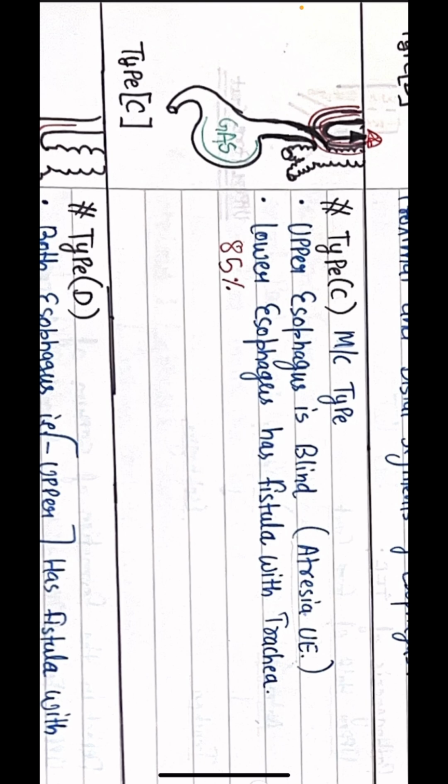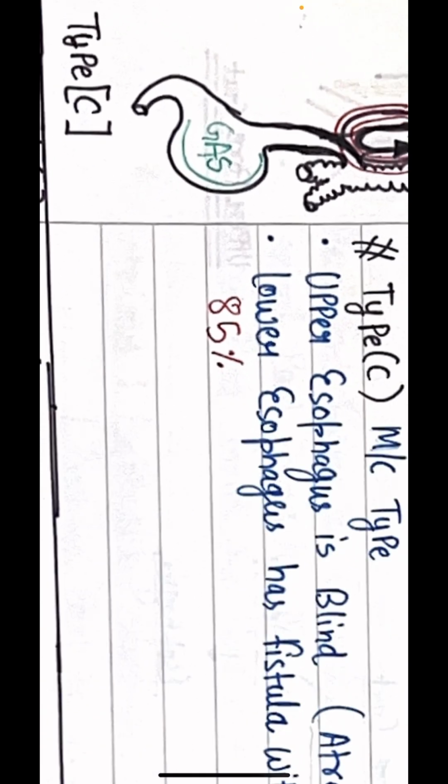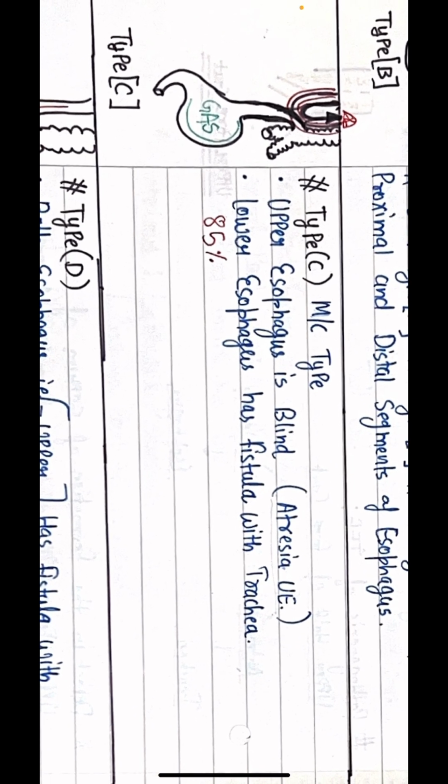Upper esophagus is blind. This is atresia, yeah. It was never formed itself. And the lower esophagus has a fistula with the trachea. So if the lower esophagus has a fistula with the trachea, from the trachea to the stomach the air can pass easily, and this is why we are going to see this gas. So if you perform the X-ray, you will be able to see this gas in the patient,